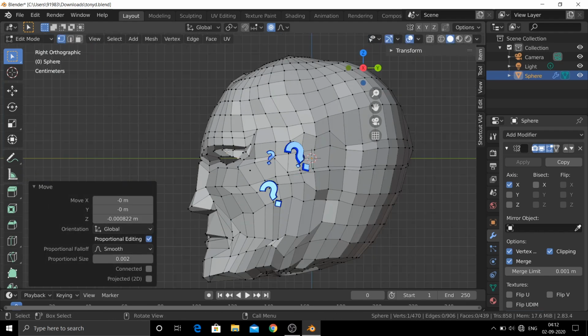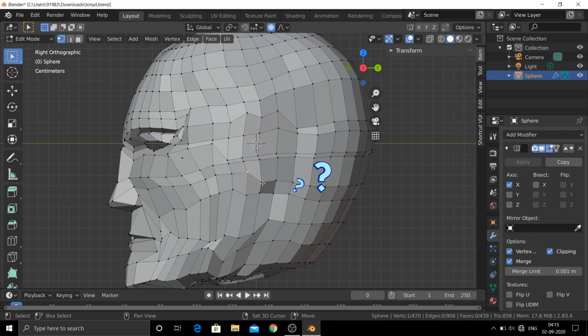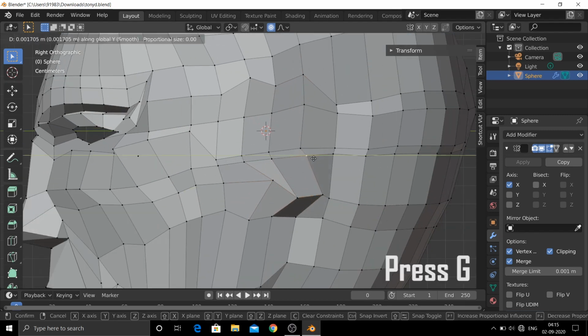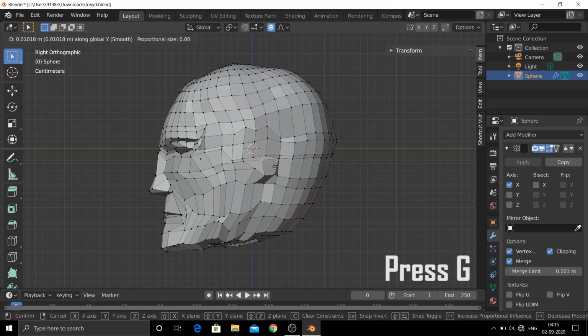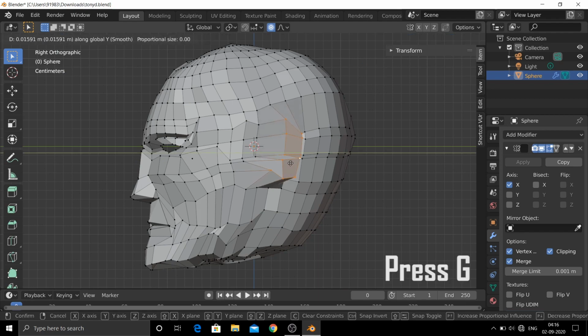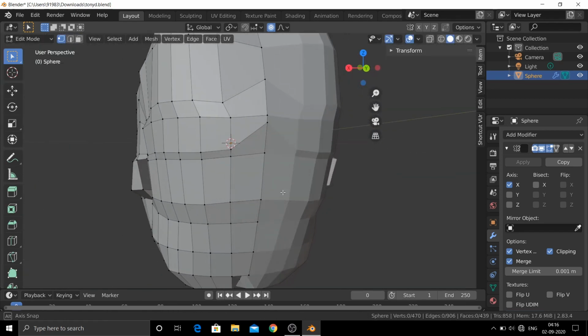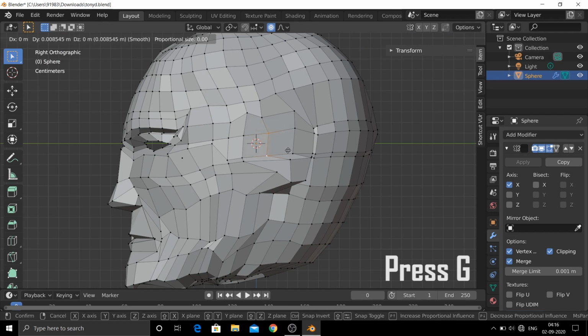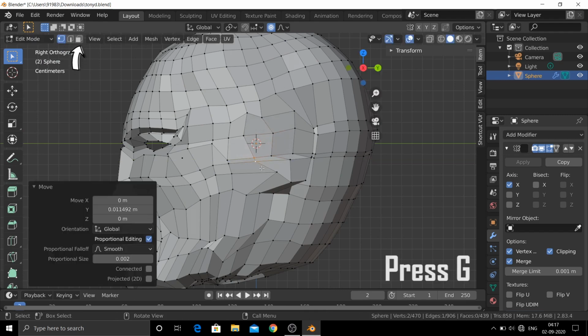What? There's no ears. Let's make these vertices the ears. Face select.